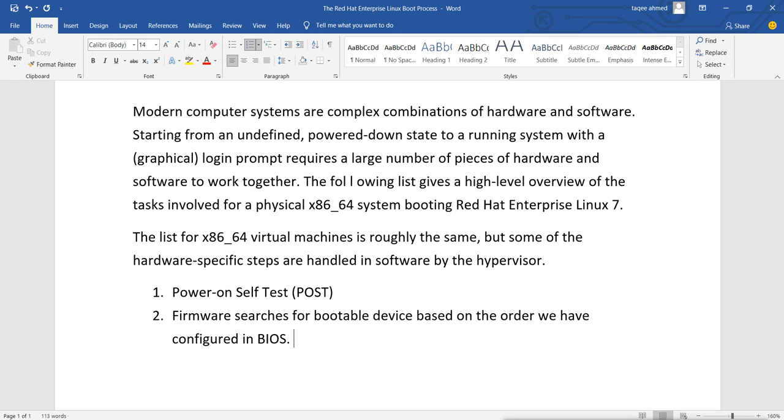Now what does it do here? Here it will look for the bootable file, that means the bootloader. So it will go to the hard disk and look for the partition where it can find the bootloader. It tries to find the bootloader in the hard disk partition. So it will try to search the bootable device, and mostly